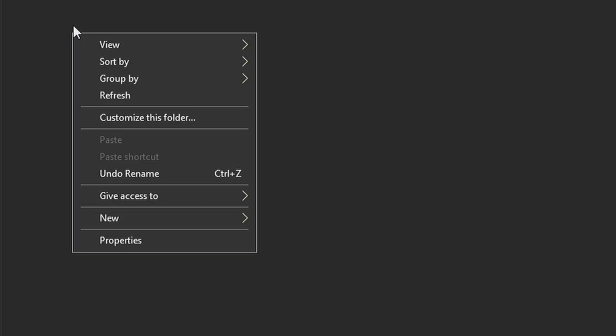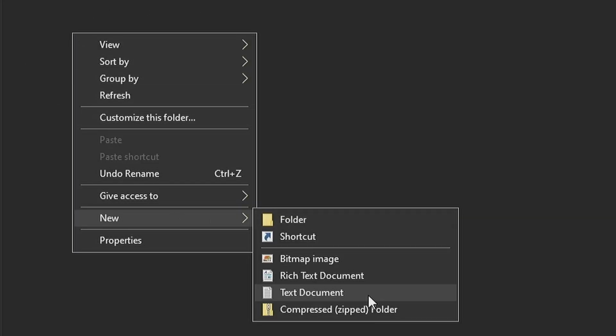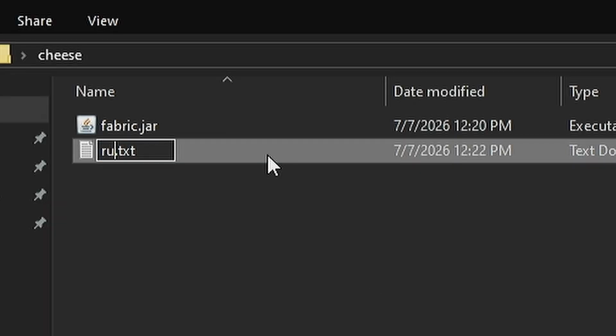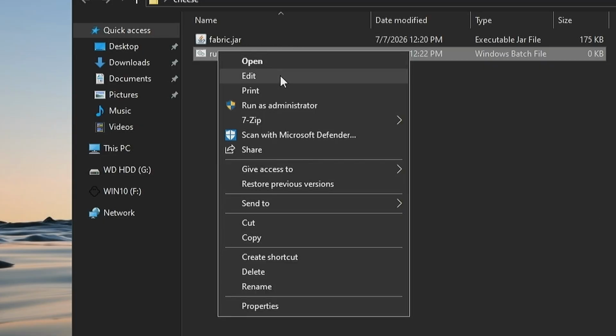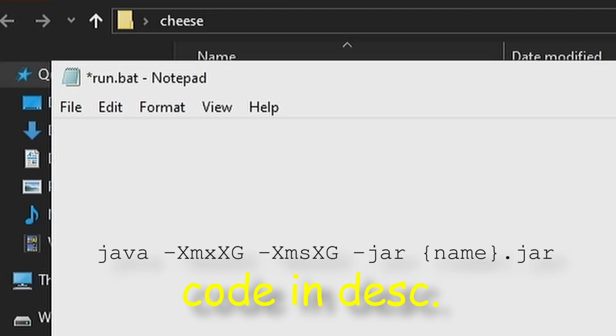So right click on any free space, hover on new text document, change this to run and change the txt to bat. Click yes, and that's your executable script. I want you to right click this, click edit, paste in the command in the description, which is